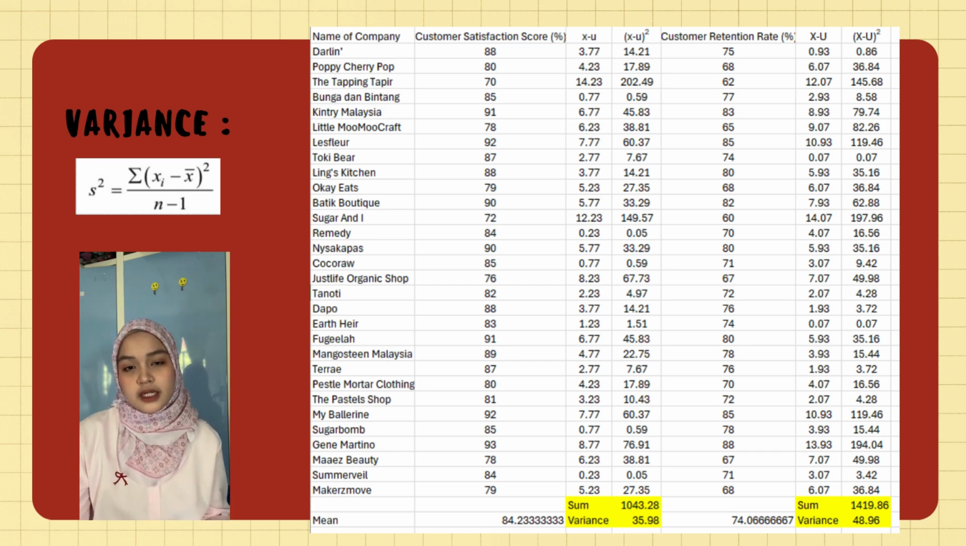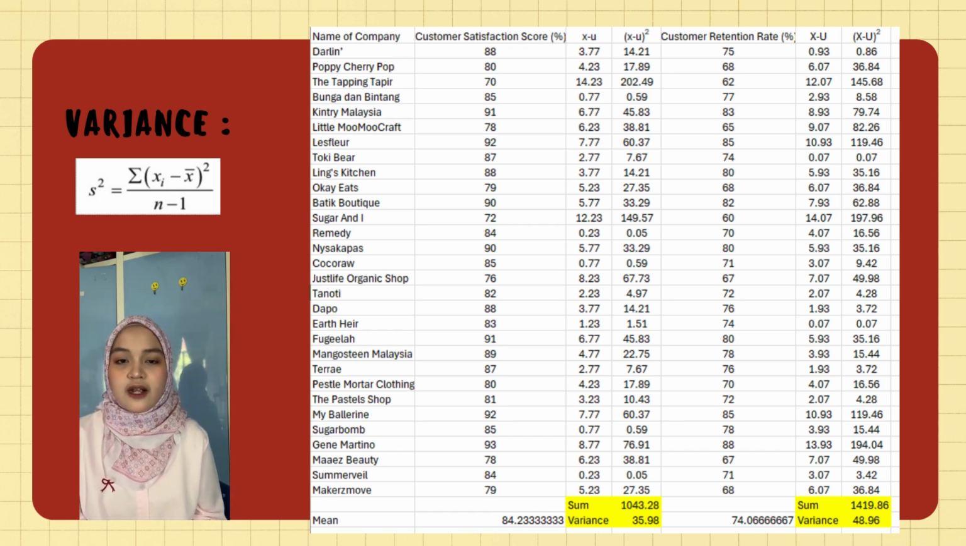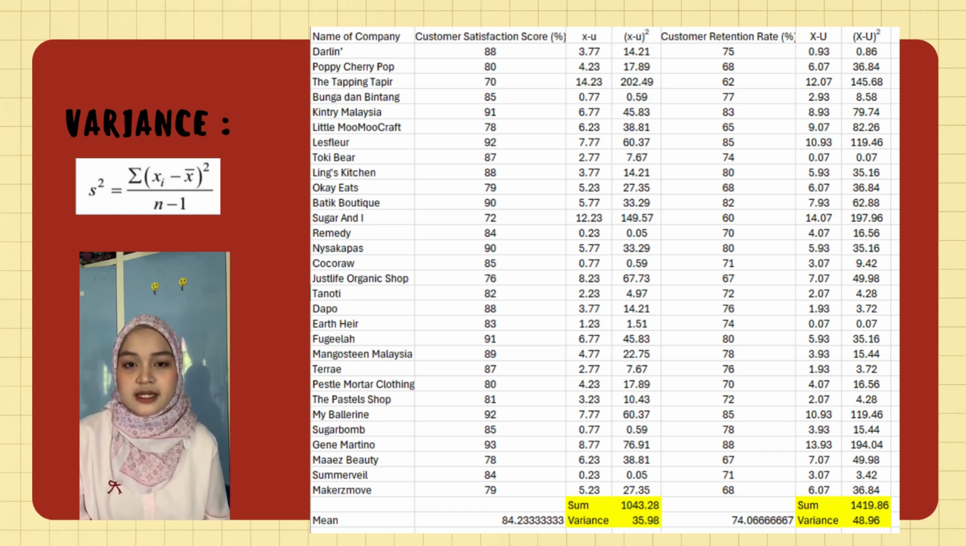Another two of the most commonly used measures of dispersion are variance and standard deviation. The variance is the squared deviation of each value from the mean divided by the number in the population. For the population variance, I sum up the square of the differences between each value and mu. Mu is the population mean, so I take the sum of the squared differences between each value and the mean divided by n. So for this question, first I need to know the mean, and I subtract each value from the mean, x minus mu squared, and then I sum up all and divide by 30 as the population. So for customer satisfaction score, I get 35.98%,